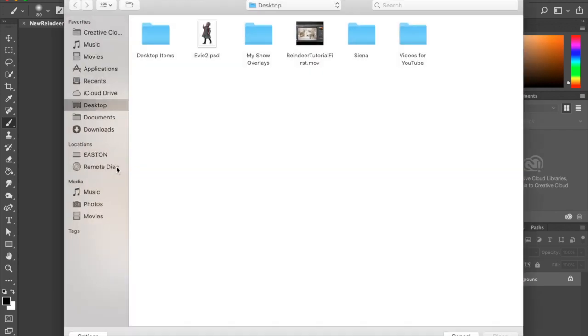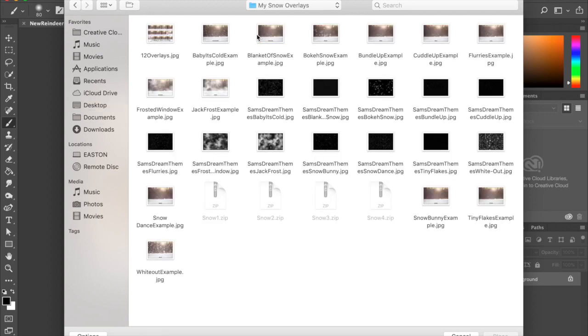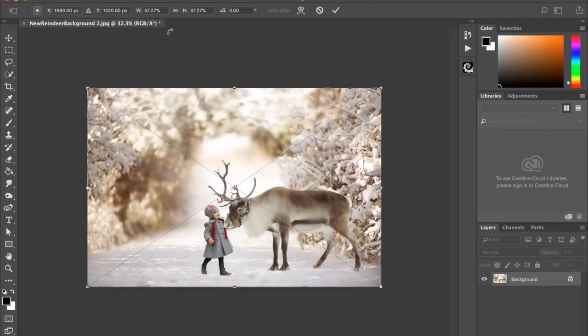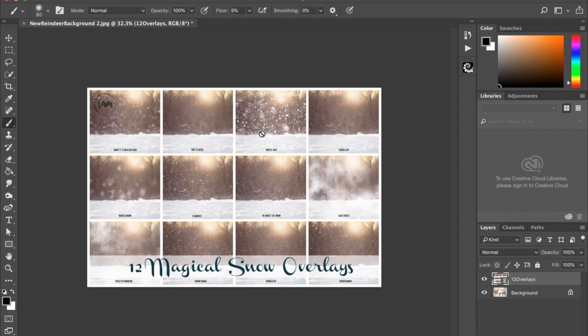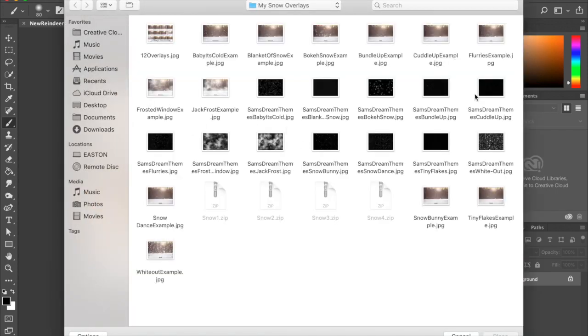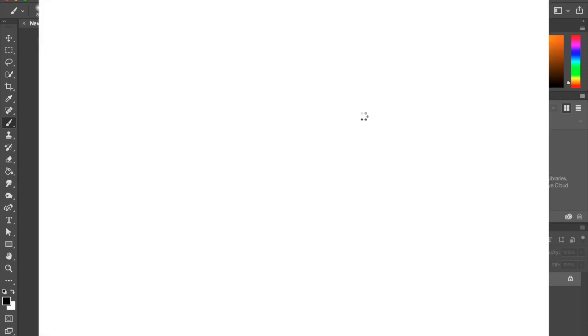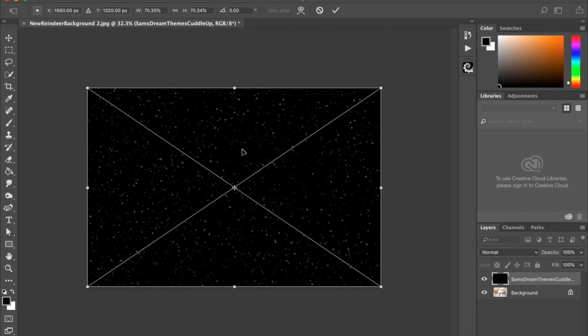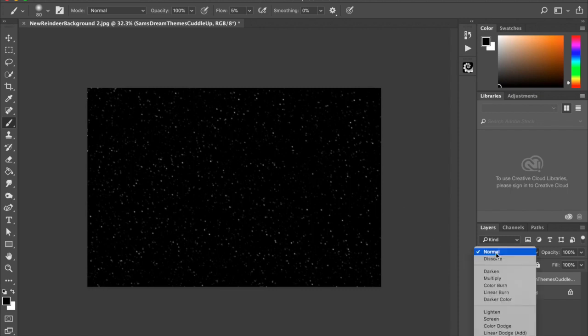File, place linked. So I show you what all of these look like. My personal favorite is Cuddle Up because it just has the right balance for me. It doesn't have a lot. I'm going to do this again. File, place linked. And I'm going to go to Cuddle Up. And if you're not familiar with overlays, I'm going to hit enter. Overlays make everything black. But if you change the blending mode right here from normal to screen,